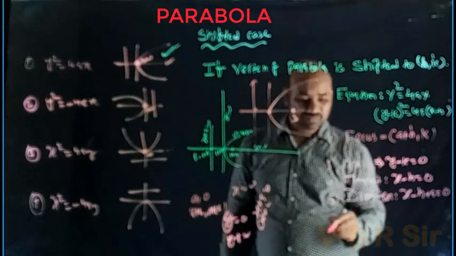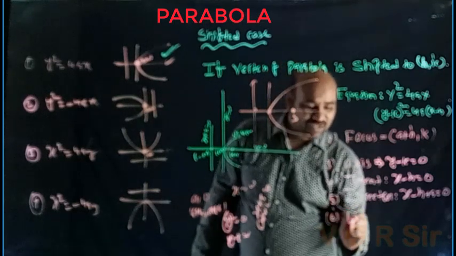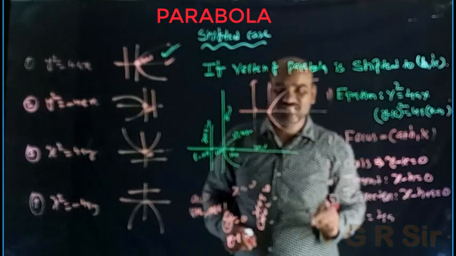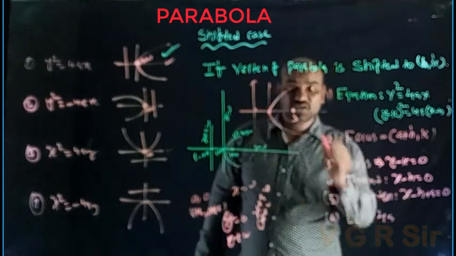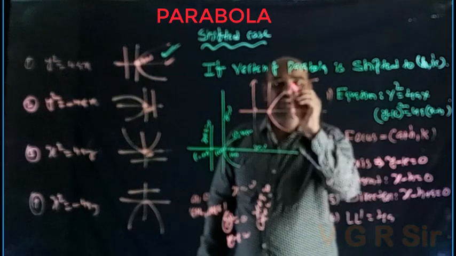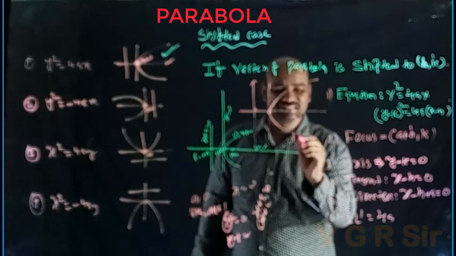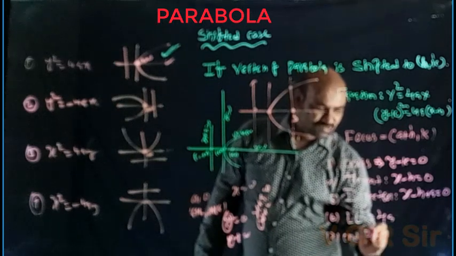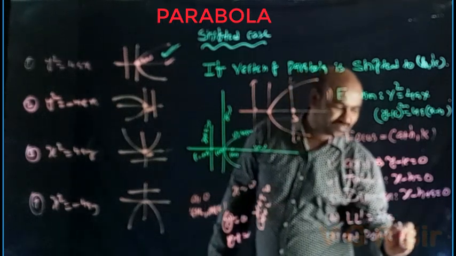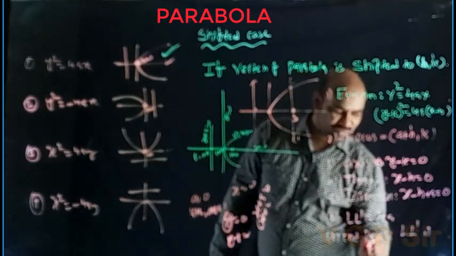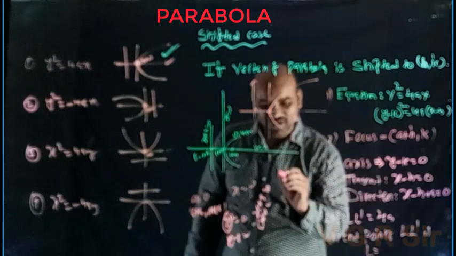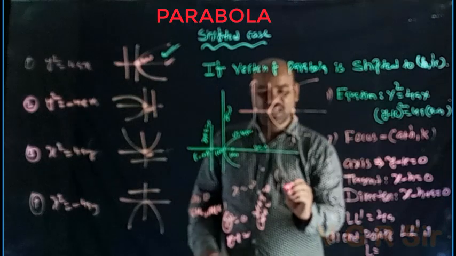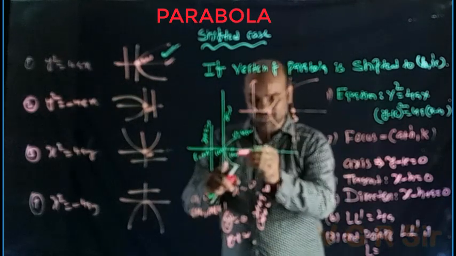Okay. Next. The length of the latus rectum won't change. 4a only. The length won't change. Line segment length won't change. So its coordinates will change. Now L dash, the endpoints of the latus rectum. First of all, I want to write L. The old points are a comma 2a and a comma minus 2a actually for this.